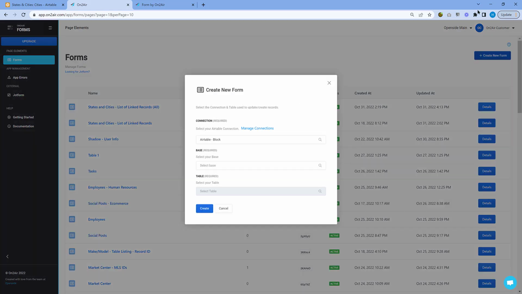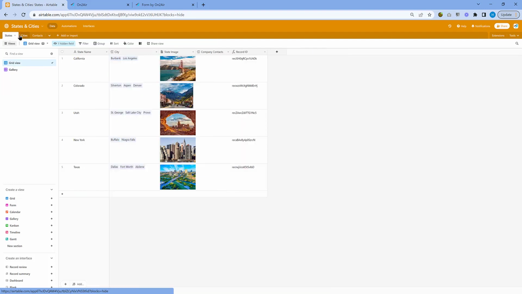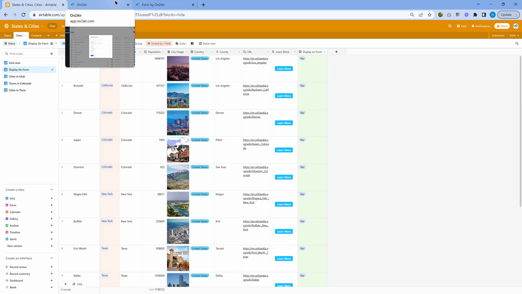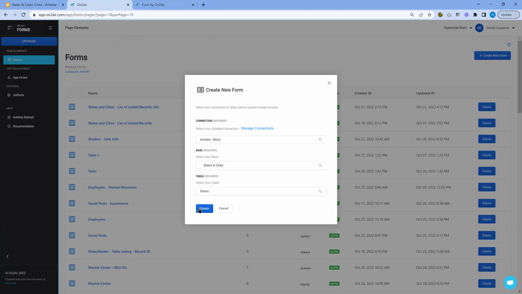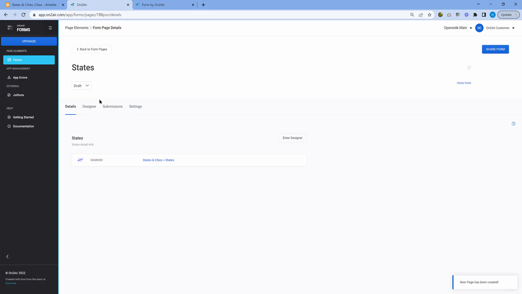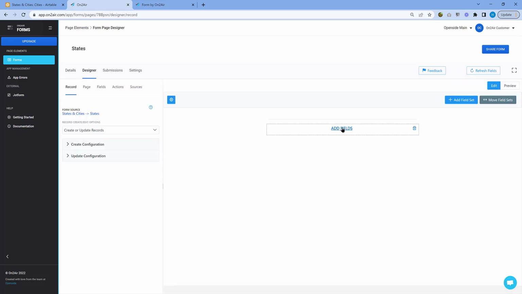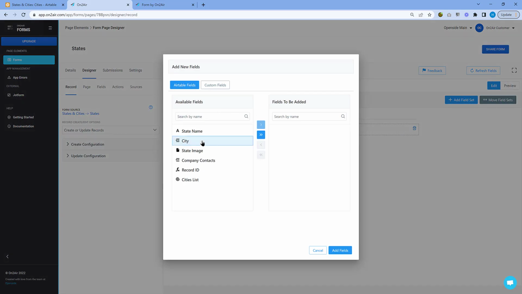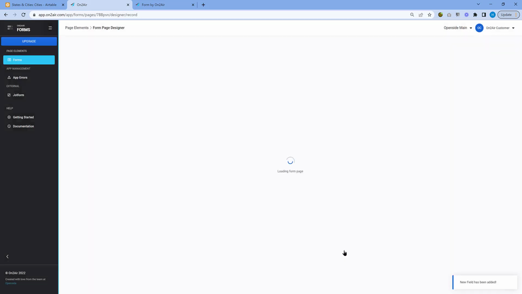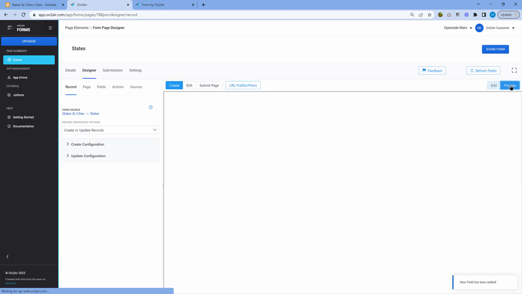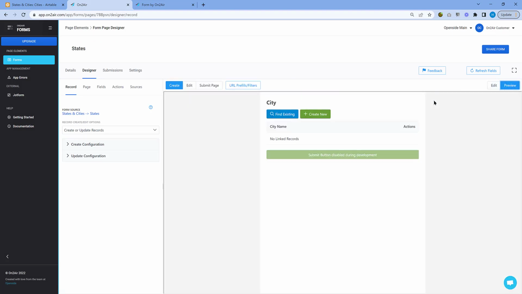In On2Air Forms, click Create New Form, and then we want to choose the States and Cities table. We want to use the states as the source table because we want to add the cities as a linked record on the form itself. In the designer, we want to click Add Fields, and we just want to add the city linked record. In preview mode, we can further